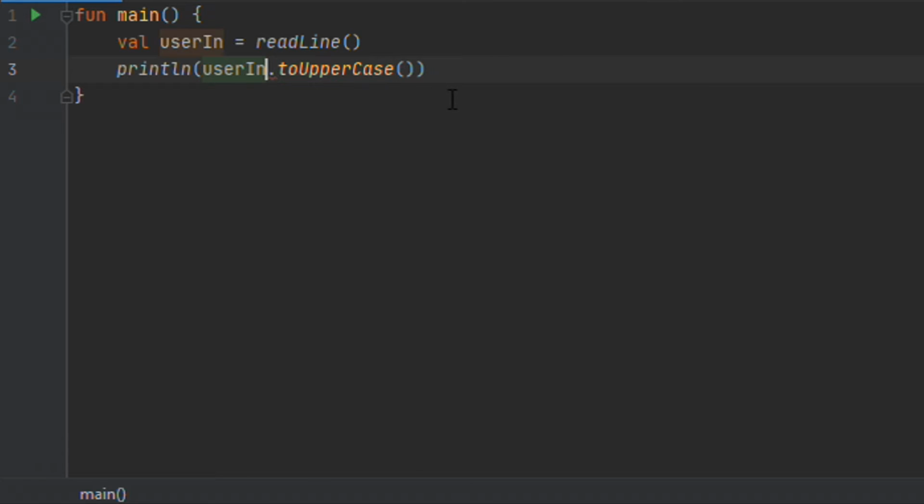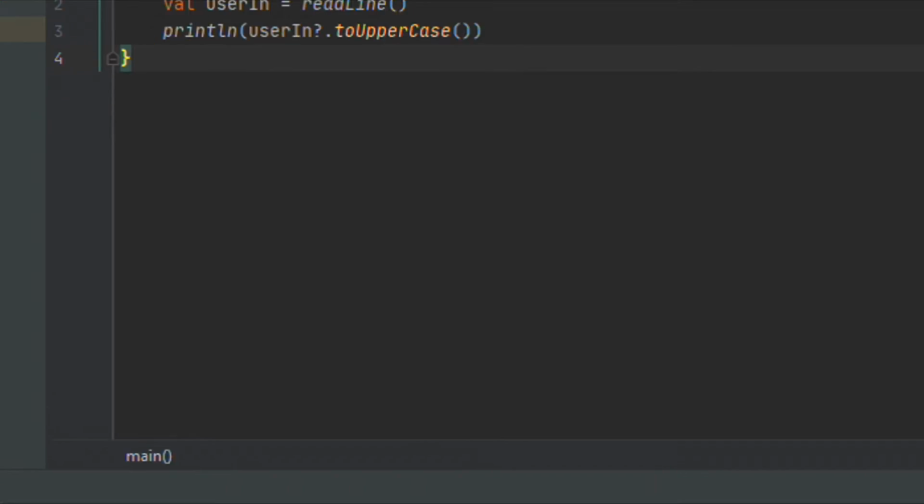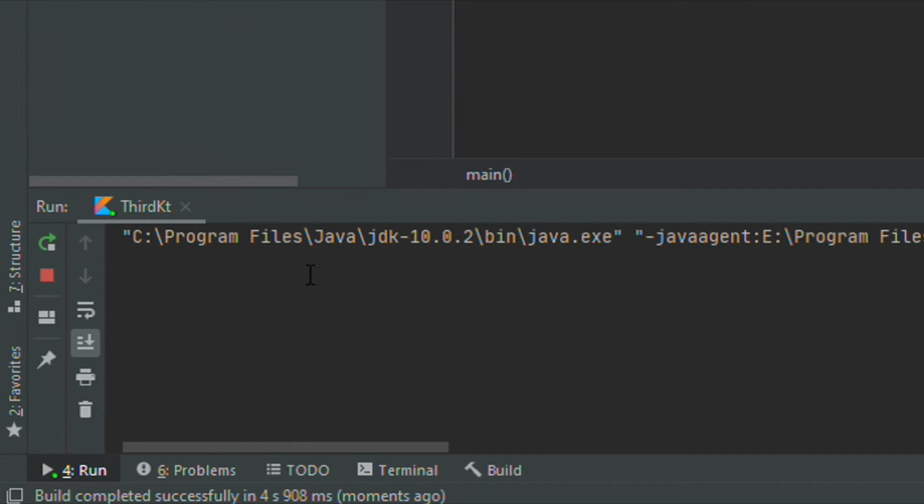So the way we can fix it is by using a question mark. And what this question mark does is that it checks the userIn if it is null or not. If it is null, then we're just going to print nothing. If it is not null, then it will continue to convert it to uppercase. So let's try to run our program so that we can see what will happen if we input nothing or something. So let's try to input